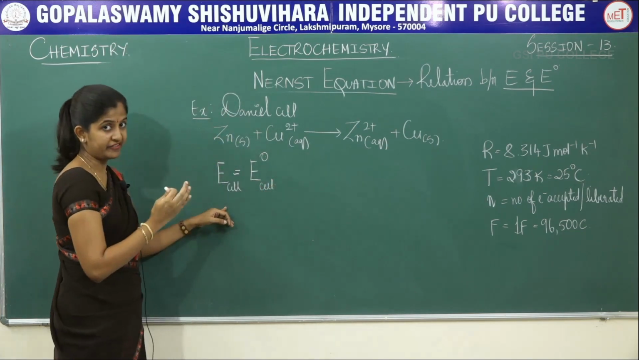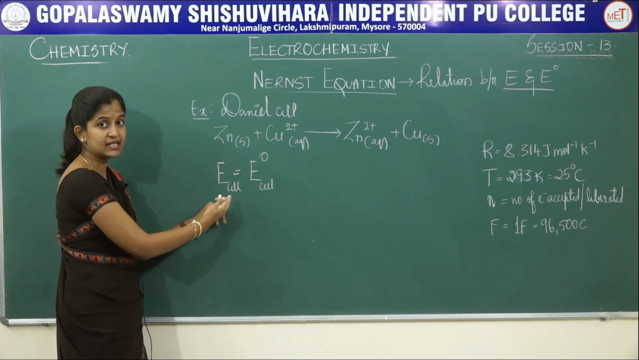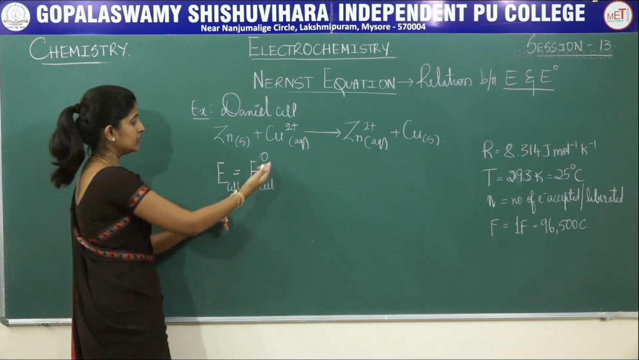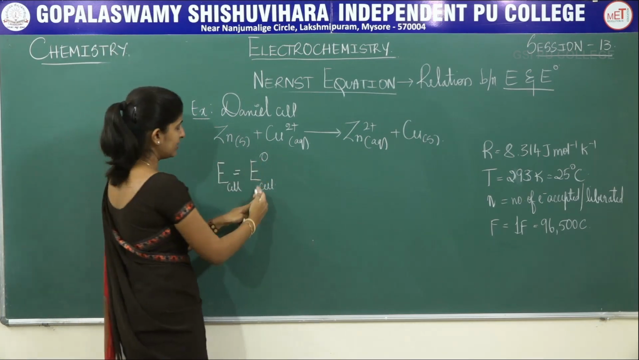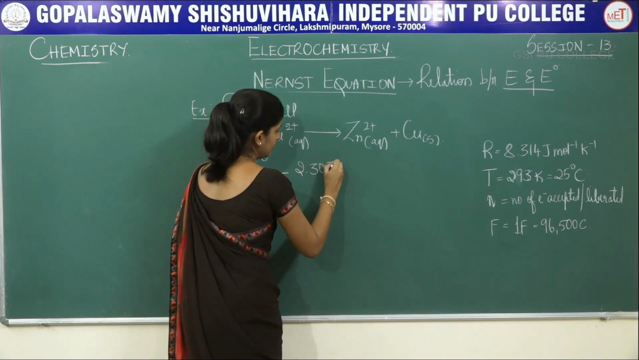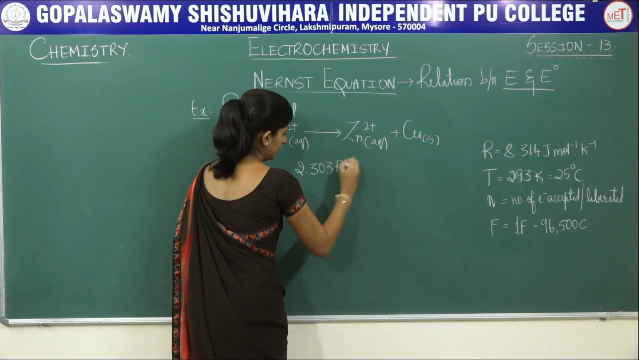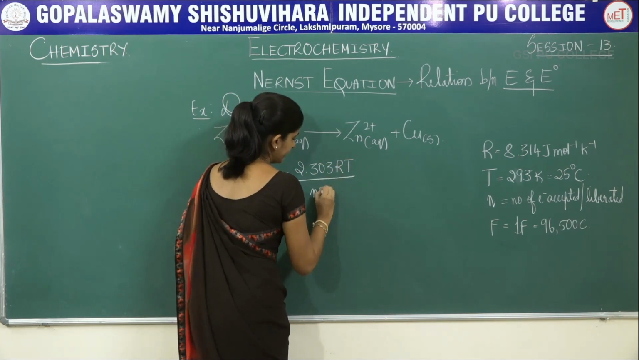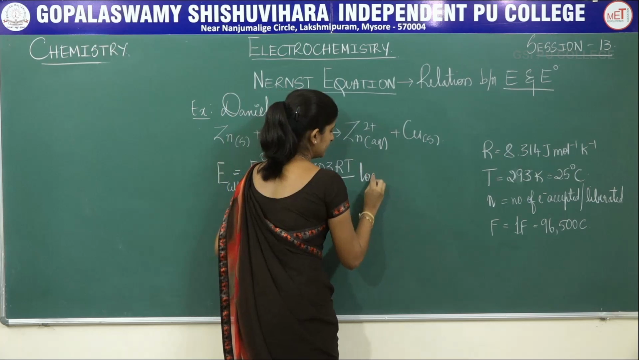This is not your half reaction. As a result, I have written E cell. E cell is the cell potential. This is your standard cell potential. E naught cell minus 2.303 RT divided by NF log of